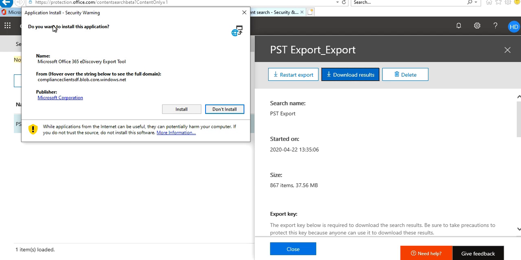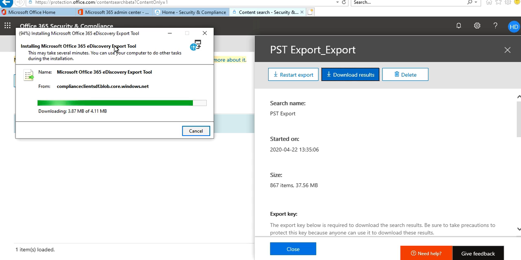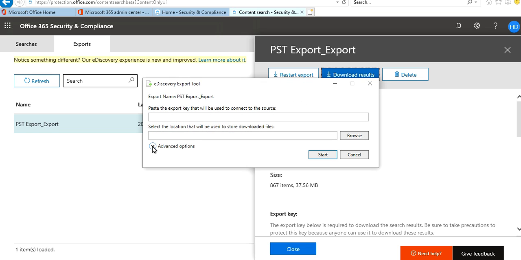Now it will ask you to install the plugin, Microsoft Office 365 Discovery Export Tool. Just install it. Once the tool has been installed, it will ask you to paste the export key that will be used to continue to the source.